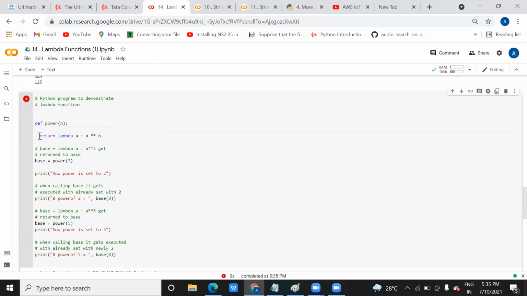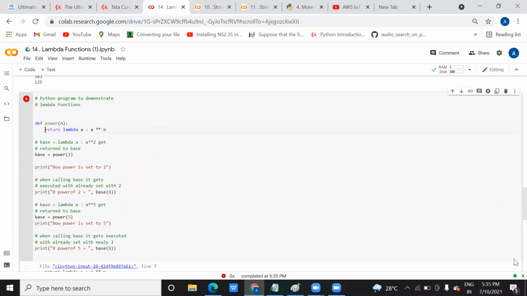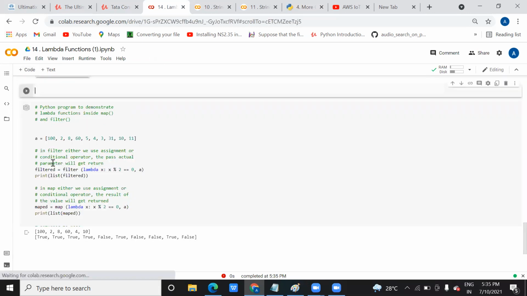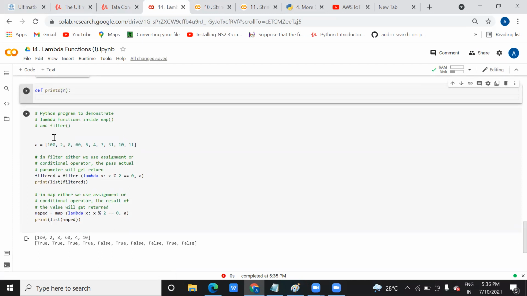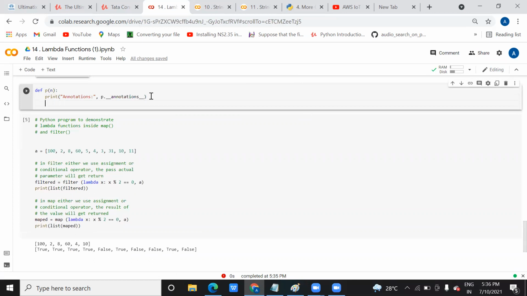I should add it with a normal program. It's not printing anything.